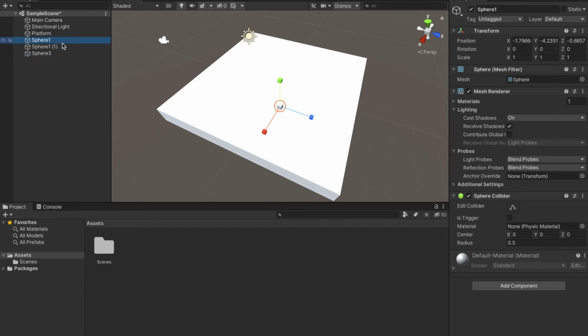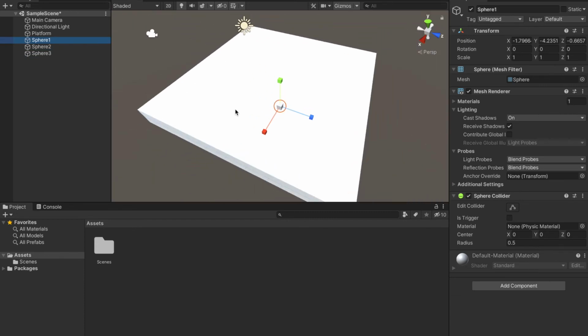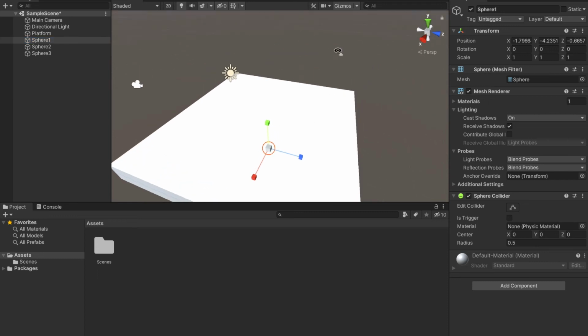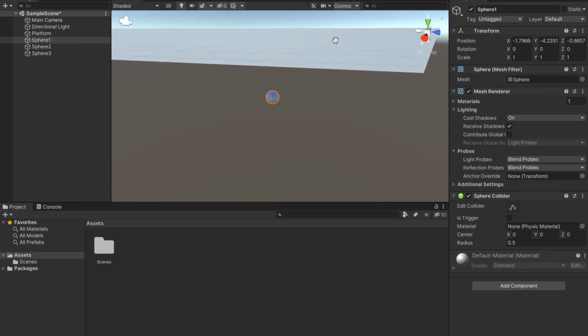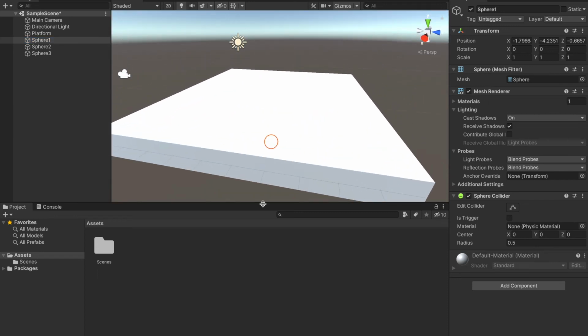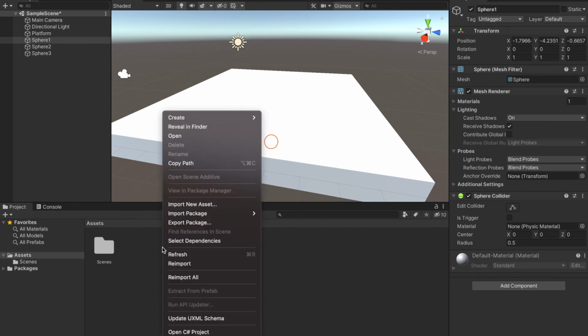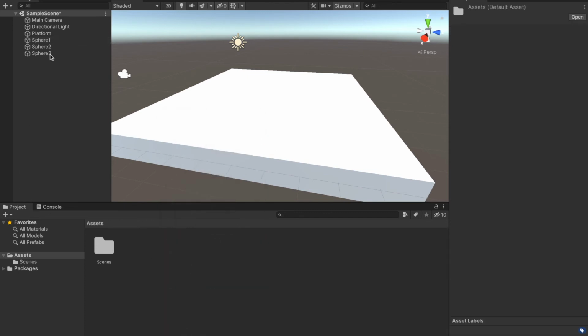3 and 2. So now we have our 3 spheres, and what we're going to do, we can't see that. We just can't, and there is an easy way to fix this, and that's a good segue into what we'll go over next. Materials. So what we're going to do first is we're going to navigate down to our projects,